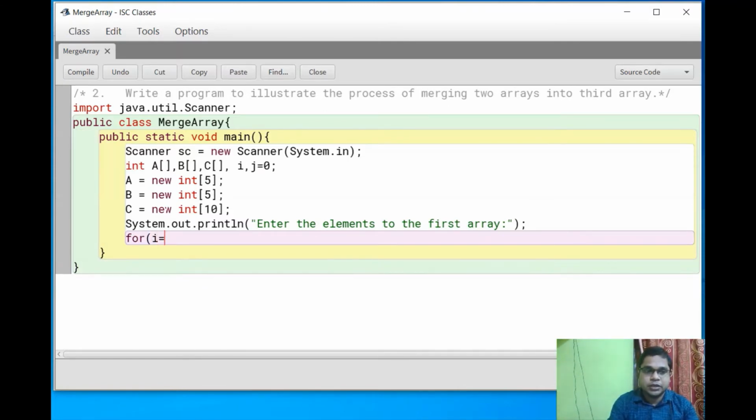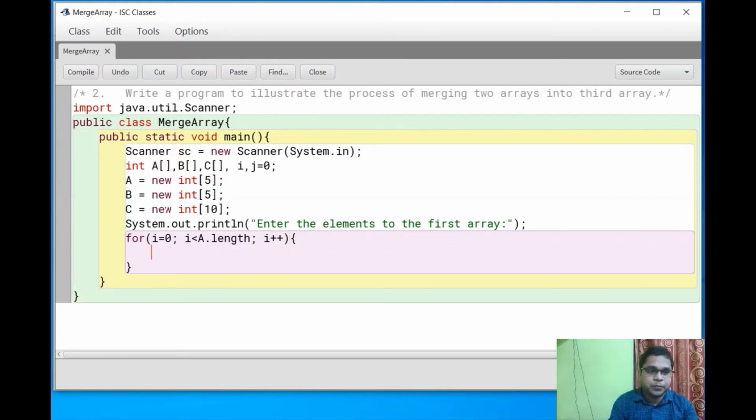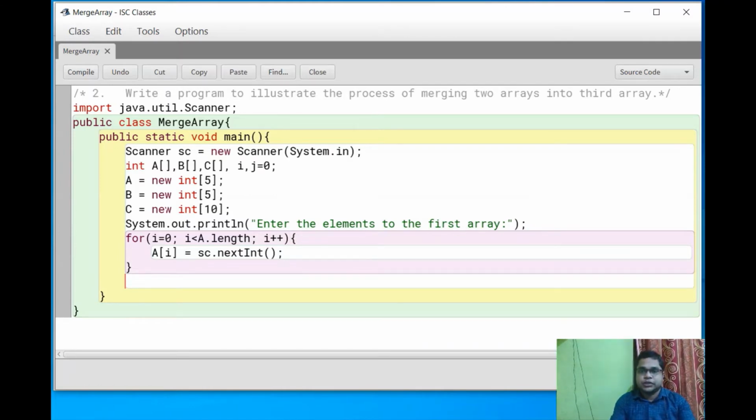For i equals 0, i less than a dot length. I already told in the previous question the working of length: it returns the length of your array. Now a of i is equal to sc.nextInt. This is the input of your first array.